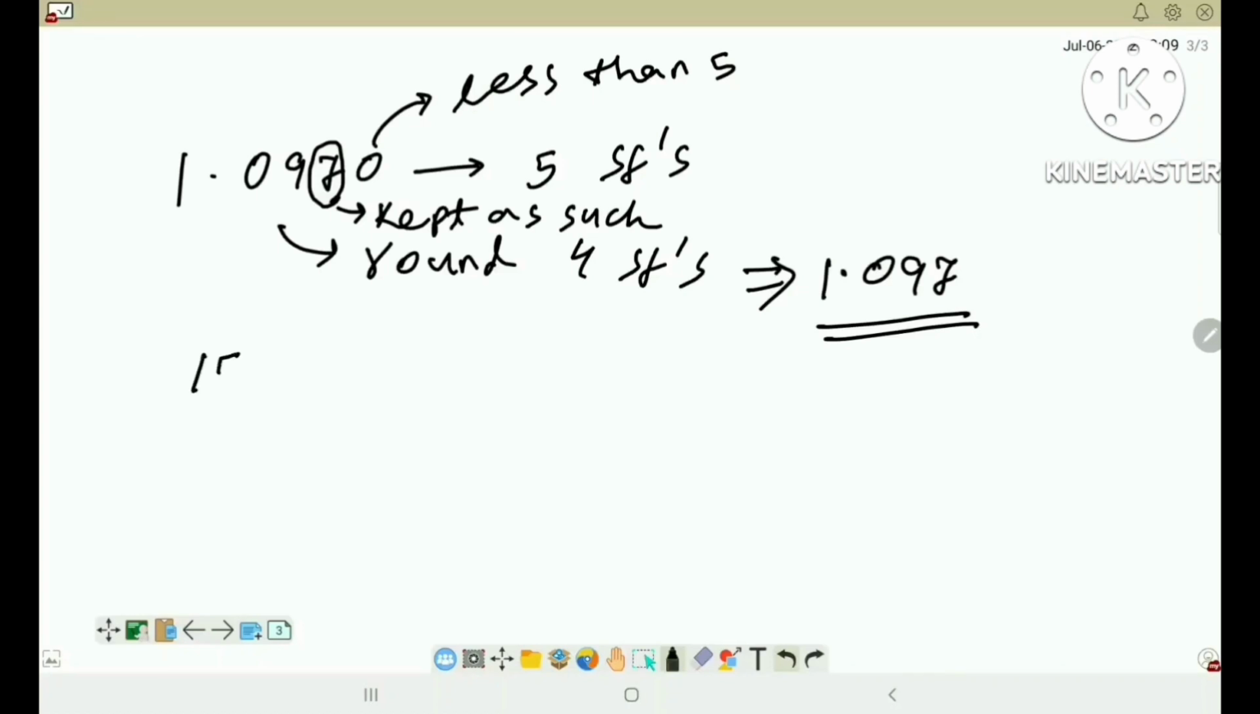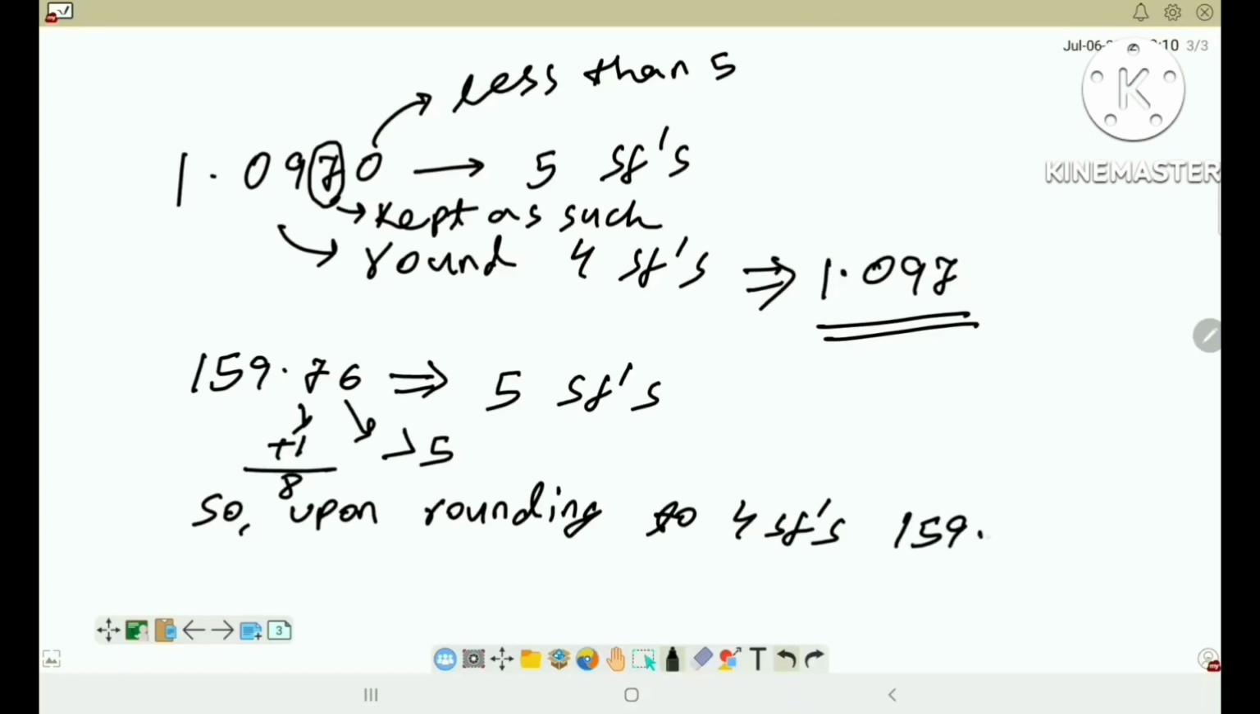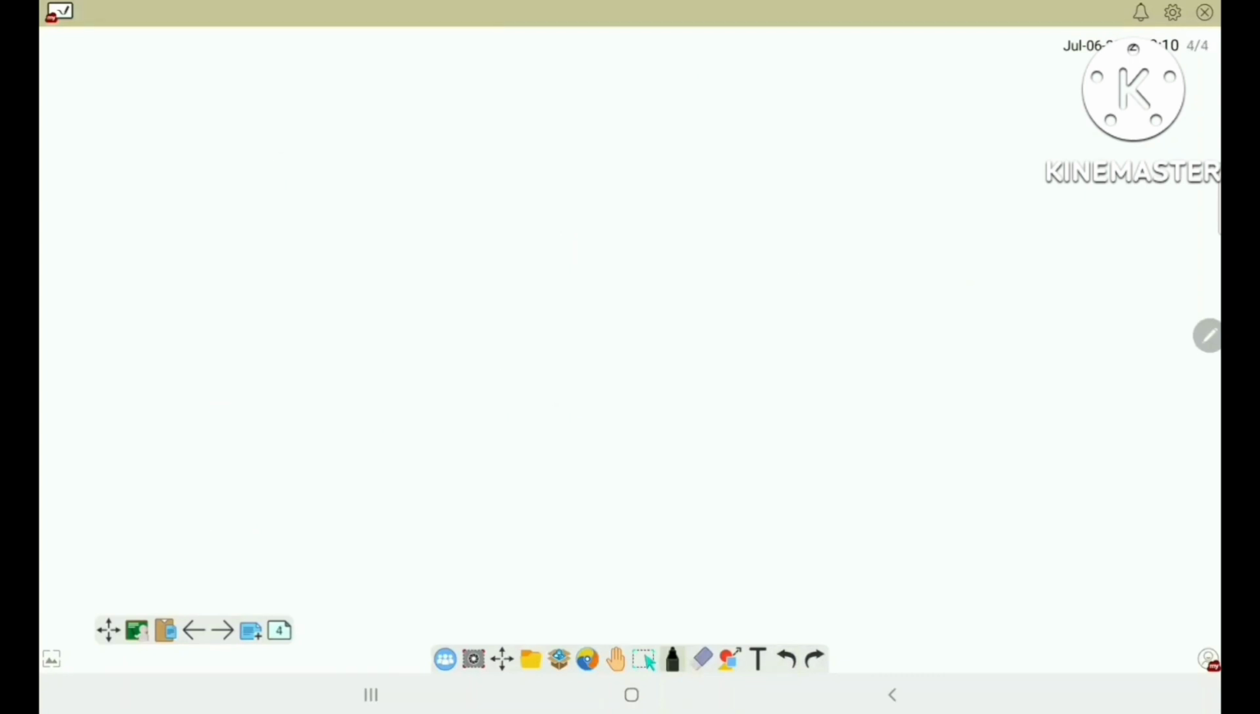Let's take some more examples. 159.76. It has five significant figures. What are they? 1, 5, 9, 7 and 6. The last digit is greater than 5. So upon rounding it to four significant figures, the penultimate digit is increased by 1. So the final answer becomes 159.8, which has four significant figures. Okay,